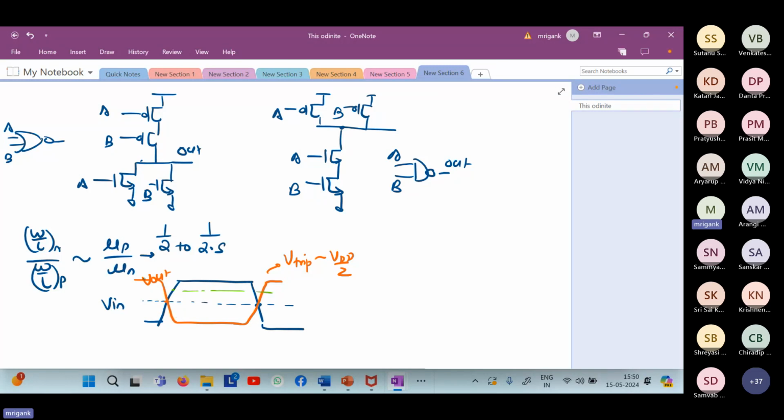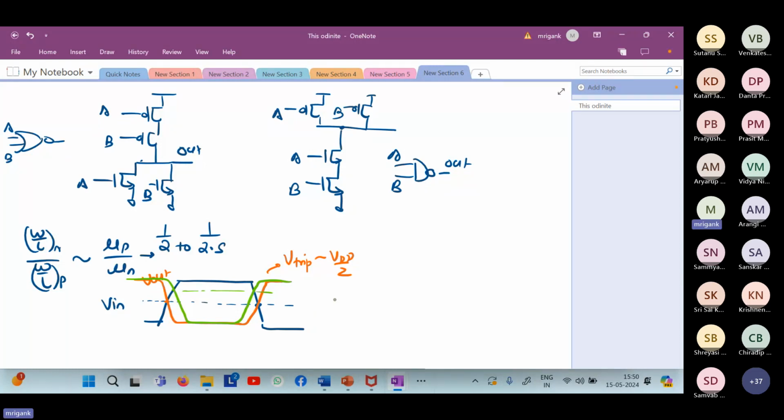In this case, the curve will become like this. It will start falling later. The trip point is higher, so it will be something like this, and then it will become something like this. So now the trip point is not close to VDD by 2. You can say that if you're having